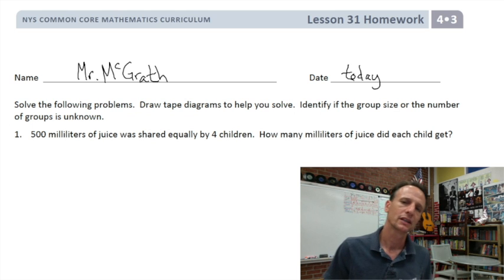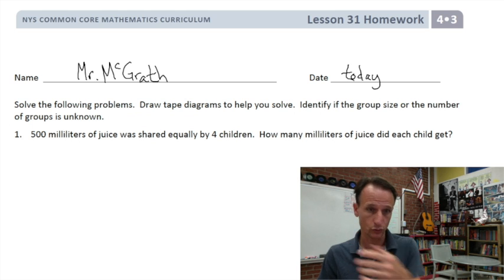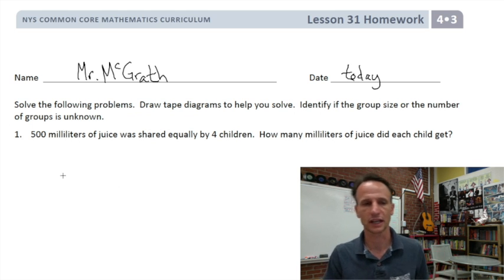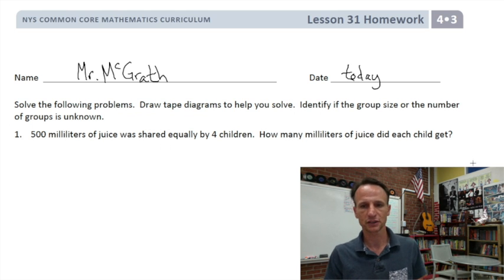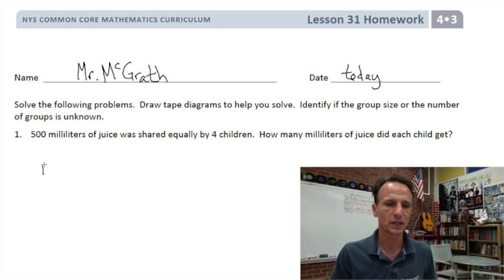Okay, so this is worth understanding, this distinction between the size of the groups or the number of the groups. So let's just look at it in practice here. Number one asks us: 500 milliliters of juice was shared equally by 4 children. How many milliliters of juice did each child get? So what we know here